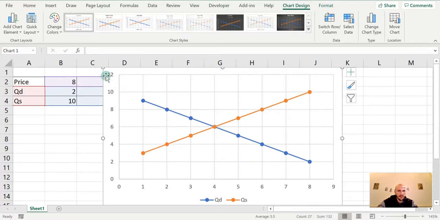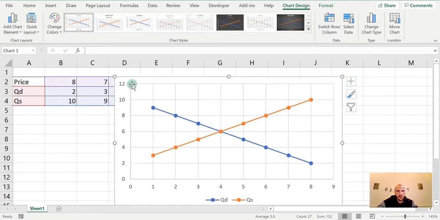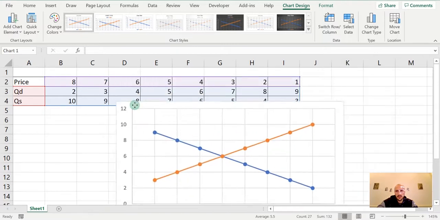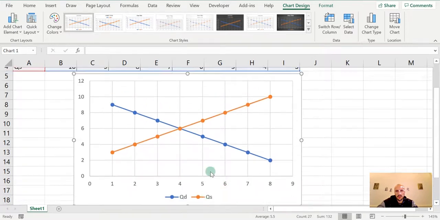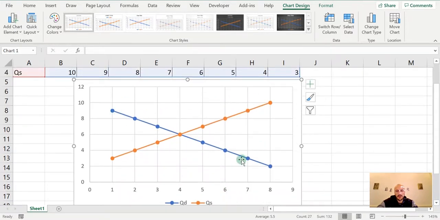So here we have a graph, I will move it just right here. We have the quantity supplied in orange, the quantity demanded in blue, and we see the equilibrium here at the